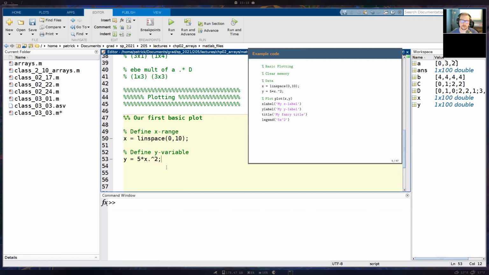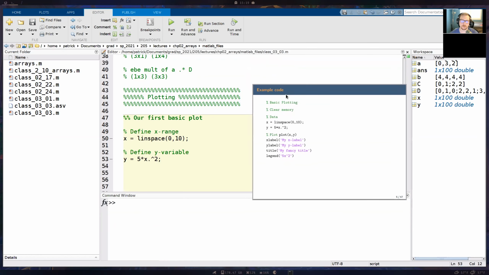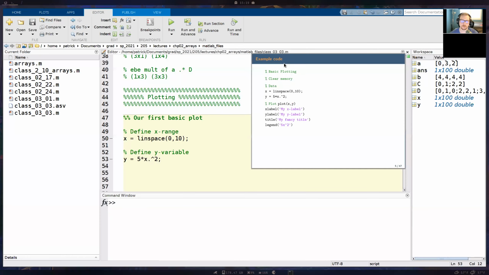Okay, there's a question. When I start a new script, it's opening an entire new page. How can I go back to the original format? I don't know if you mean the first script that you have, but you should be able to open up multiple scripts at once. Stick around after class and show me, and then I can kind of debug it with you.